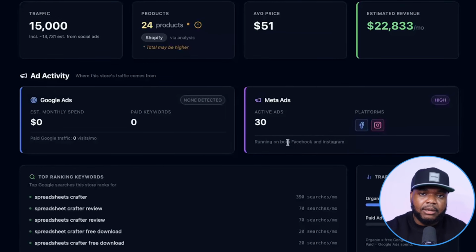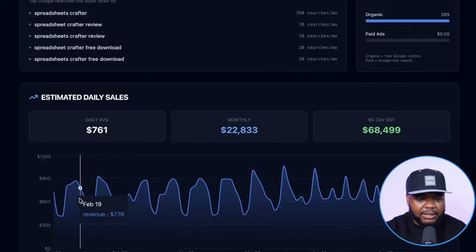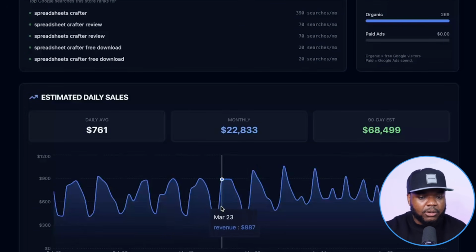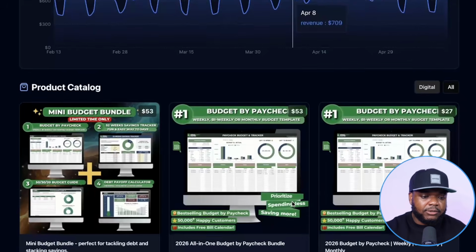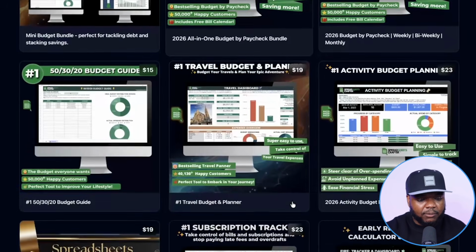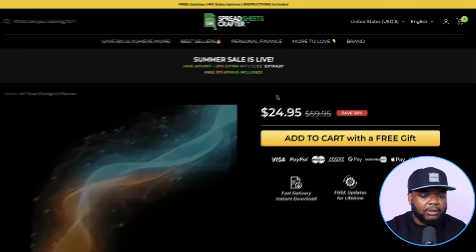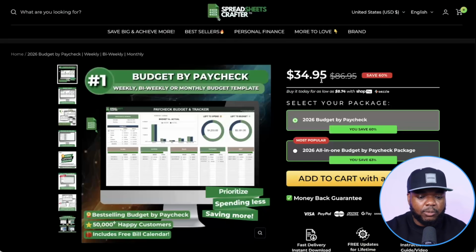E.g., we can see that they've got a total of 30 different active meta ads at the moment on Facebook and Instagram. They're not using Google ads, and we can also see the daily estimated sales over here as well. So yeah, this is definitely a feature that's worth checking out because you can also scroll down, take a look at their complete product catalog, click into any of them, and it's going to take you directly to the product page. But if we just go back to this one for a moment, which is the one that they're sending traffic to,